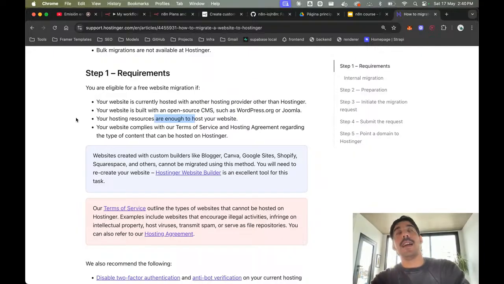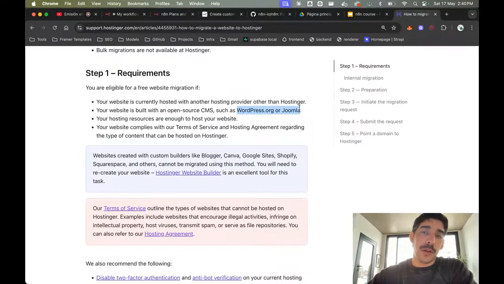But yeah, this was an interesting finding yesterday, and I guess it makes sense that they allow you to do a quick migration only if you have this, because that's what they are prepared for, and these are probably the most well-known CMS platforms, so that could be a thing as well.